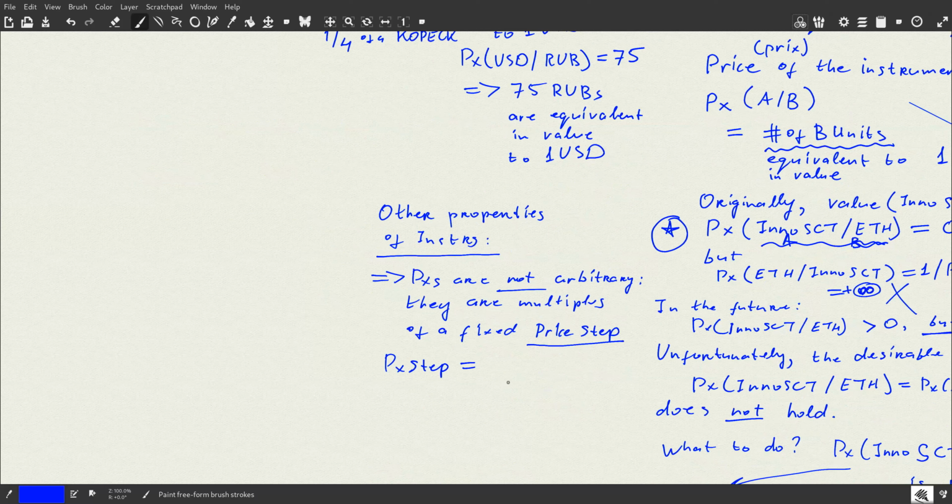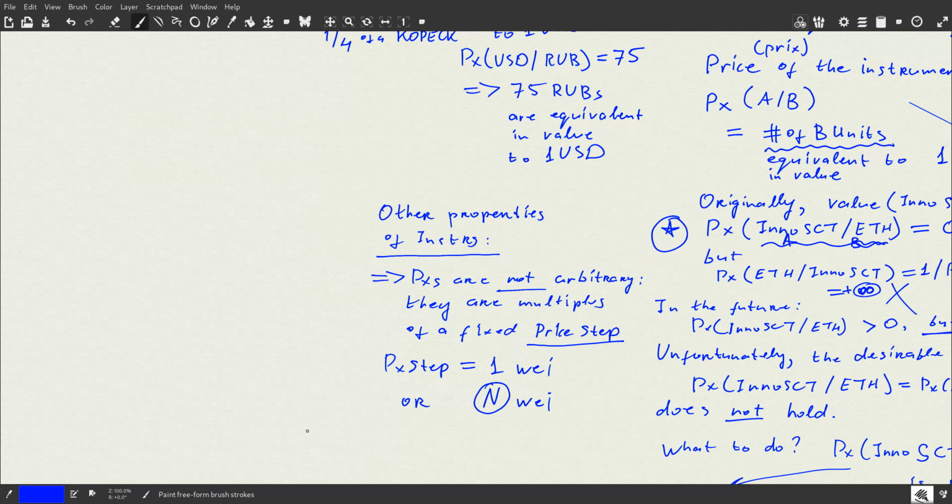Price step is either one wei or n wei. So you would be able to specify the value of n. What is one wei in rubles or kopecks? Let's say